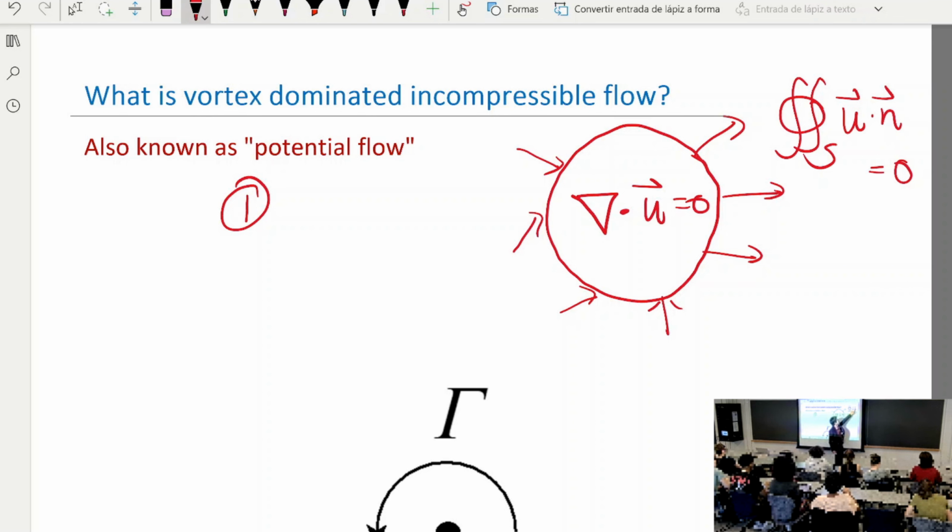Usually we have the normal defined as outwards, so when this is positive, it's outflow, and when this is negative, it's inflow. So if you add the positive and the negative together, it has to be equal to zero. That's basically saying whatever goes in has to go out, exactly. So this is number one, and this is easy to understand. Whatever goes in has to come out. The second thing is that